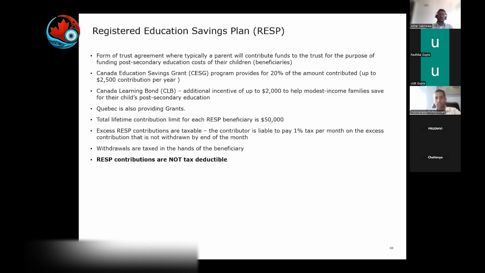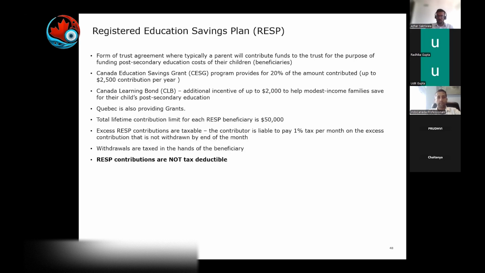There is also a particular scheme which is the registered education savings plan, and this plan allows you to save for your children's education. The lifetime contribution that can be made is up to $50,000, and annual contributions can be made up to $2,500, for which you get a 20% grant. So for every $2,500 that you contribute to the plan, you get $500 from the government, up to a maximum